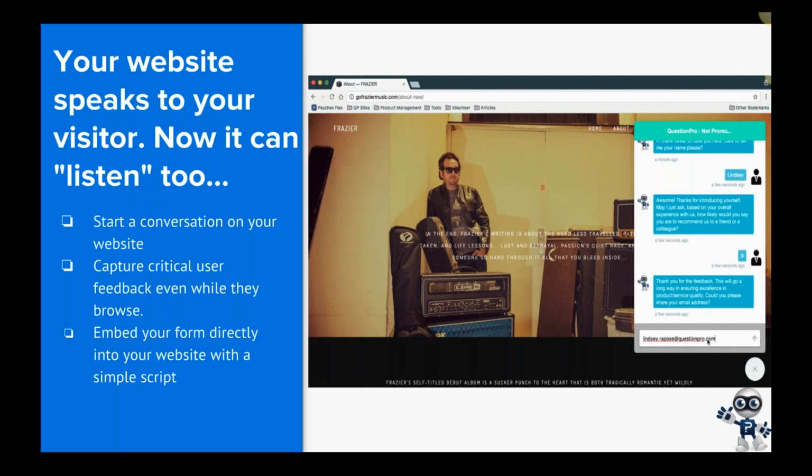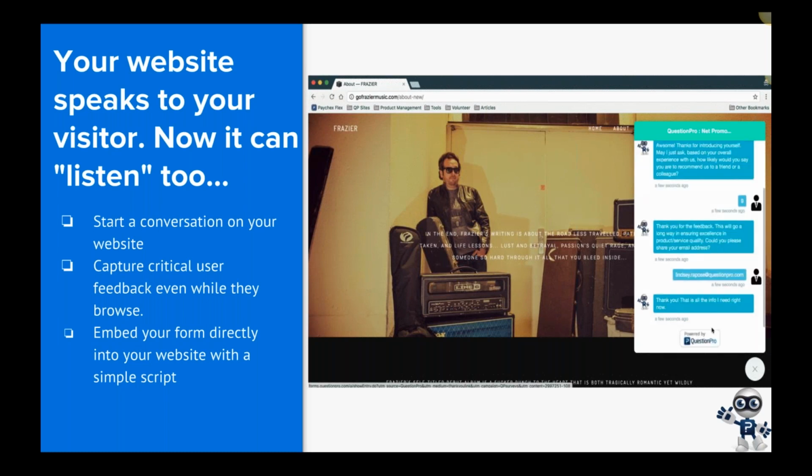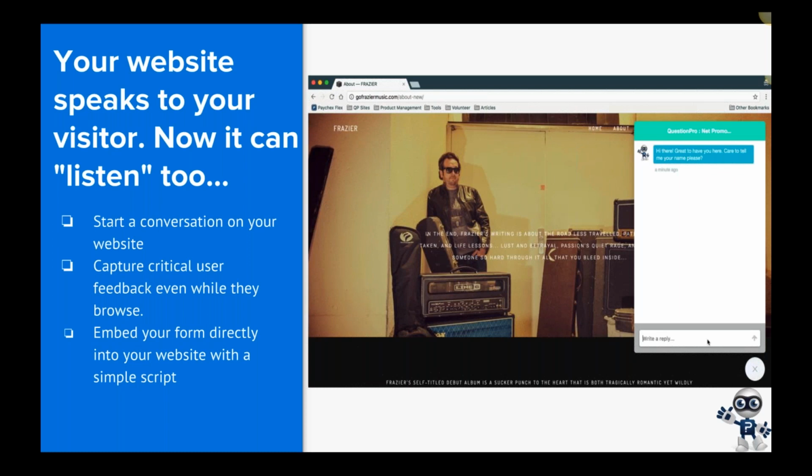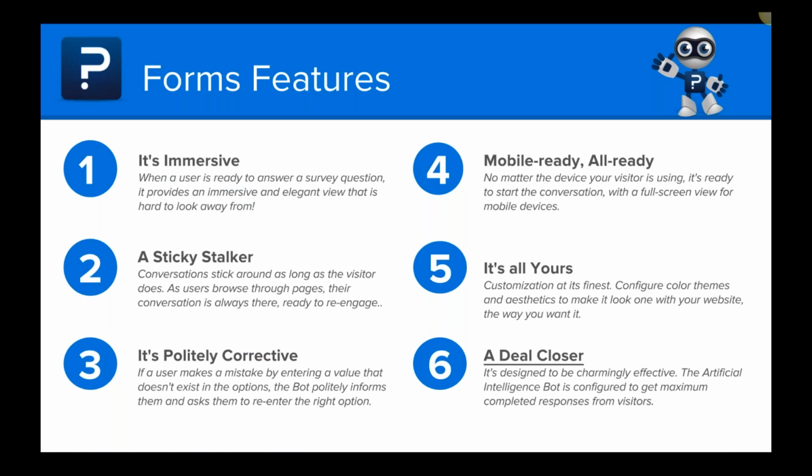So you can see on the right side what that looks like when they go on the website, and it will go for each person. So once they close it out, it collects it and then moves the information back over to us. So it's pretty exciting. All these form features that we have are really interesting. It's very immersive, so it's very user-friendly to answer survey questions, and it's really elegant. I really enjoy the team that's been putting this together to really think about it. It's really hard to look away,